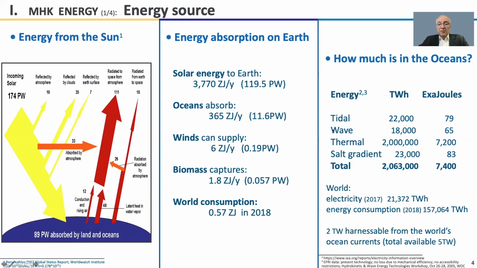Okay? The other thing to take away from this slide is that the vast majority of the energy absorbed by the oceans is in the form of thermal energy. Thermal energy is a low quality energy and much more difficult to harness and produce electricity. On the other hand, we have hydrokinetic energy in tides, currents, rivers, and waves, which is a higher quality kind of energy. We can convert it to motion, either an oscillator or in a turbine, and then convert it to electricity.